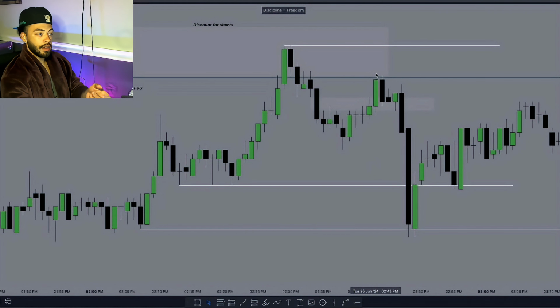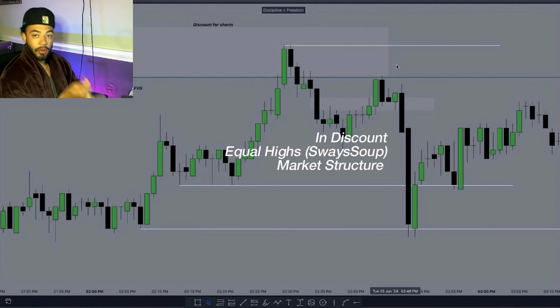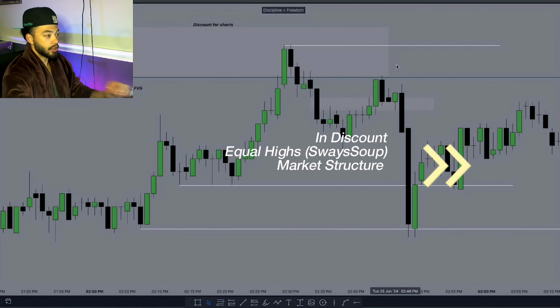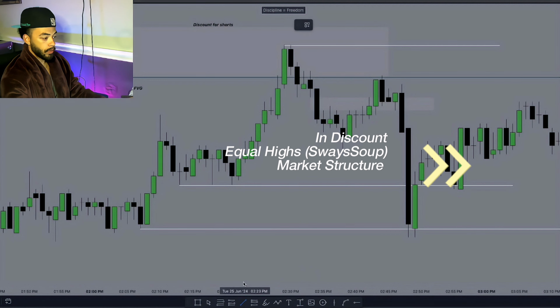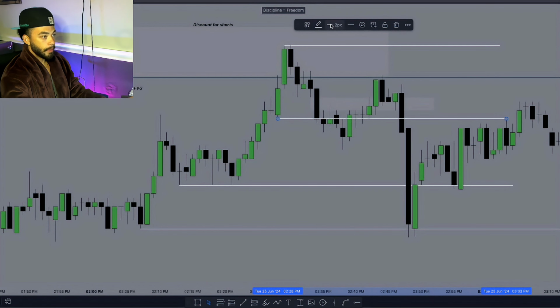That is because this 5 minute gap is a high probability fair value gap. It was in discount. It had equal highs. It had sweeps. And then also, as you can see, it was partnered with a market structure shift, meaning